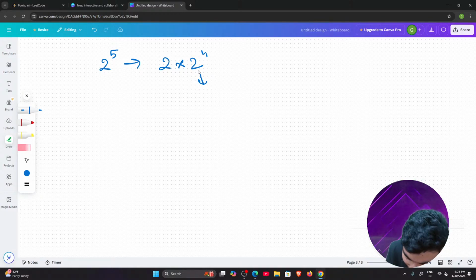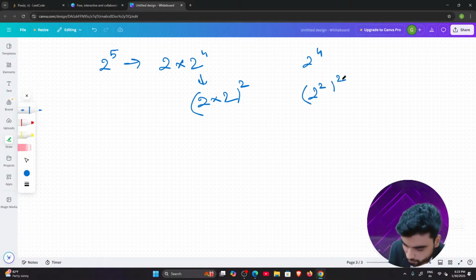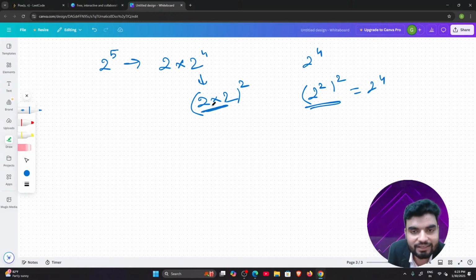What if I write this like this: I can multiply 2 by 2 and make the power 2. Again, this is the same, because 2 to the power 4 is the same as 4 to the power 2. That is also 16. Yes or no? Which means that if we multiply the base value by itself, we can reduce the power by half. Now, you know how many multiplications have been saved? That will optimize the solution, right? The value of n will be reduced. Making sense to you? Yes or no?